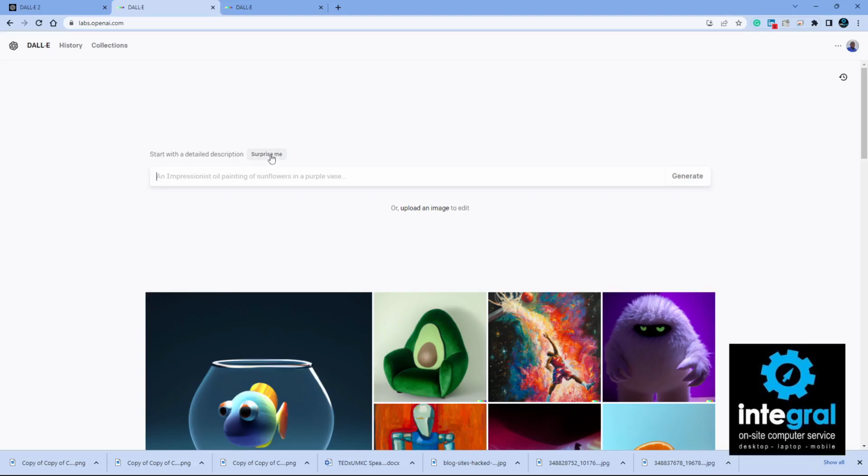You don't always have to go to the Surprise Me. You can also type in your own image, or you can do a combination of Surprise Me, a cat submarine, Chimera, I believe that's right, digital art. Or you could do a dog submarine. But anyway, it gives you an idea of what kinds of things that you can do. Now, one of the things that you can do is type in your own image. So I'm going to go